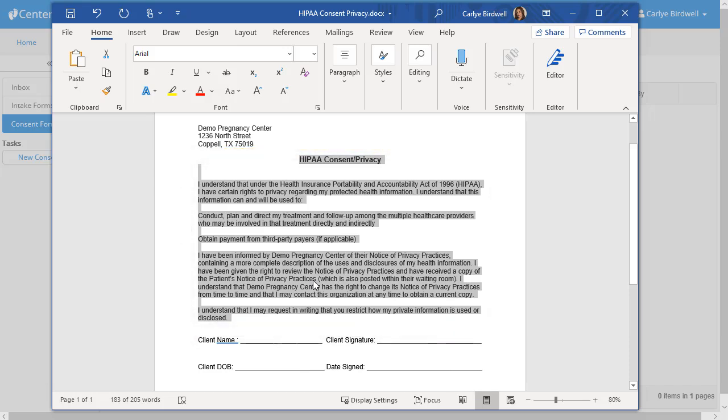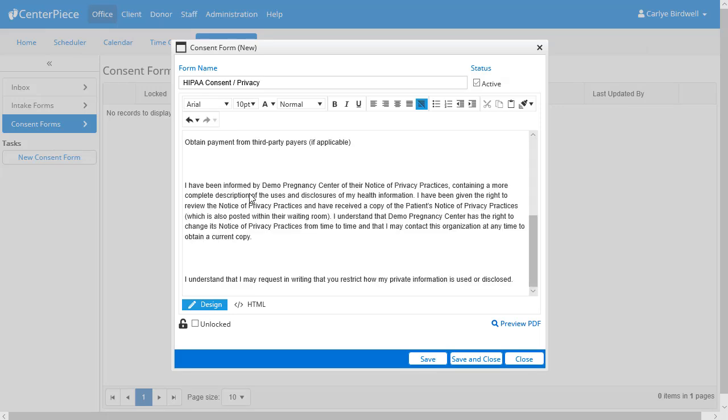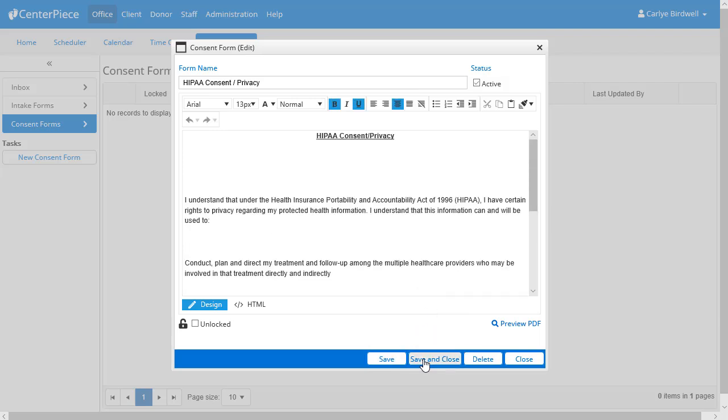Okay, so with that copied, I'll go back to Centerpiece, right-click within the body of the editor, and paste it in. Just a note, I could also use this paste button on the toolbar right here. Okay, so I'm going to click Save to make sure that I don't lose any of my changes, but notice